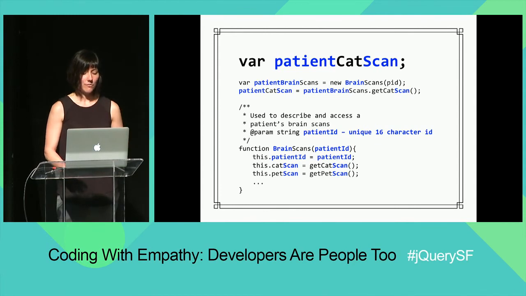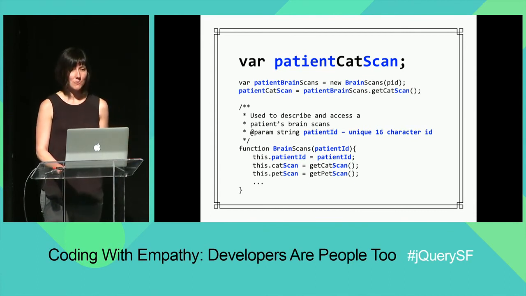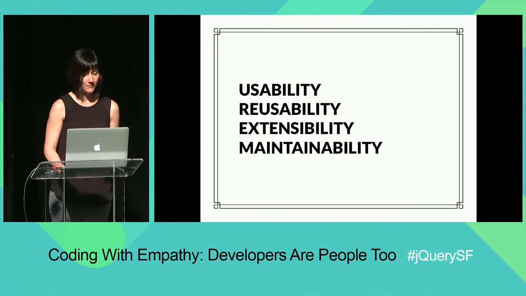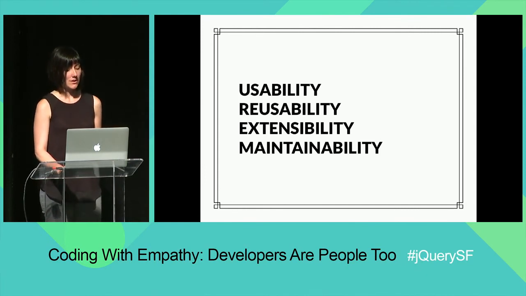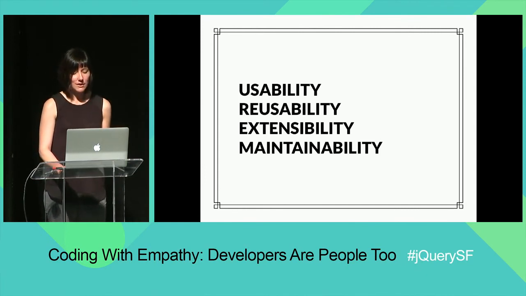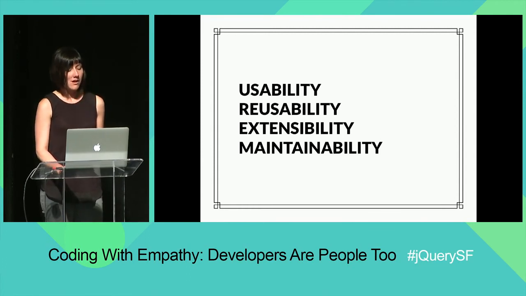At this point, what we're talking about is starting to toe the line of what makes usable, reusable, extensible, and maintainable code, and what is just simply your coding style. And I don't care what your coding style is, but just make sure that that style includes empathy. Usability, reusability, extensibility, maintainability. These are all things that come up when we start talking about coding best practices and conventions. And as it turns out, these coding conventions and best practices are generally rooted in developer empathy, although they rarely seem to be presented that way.